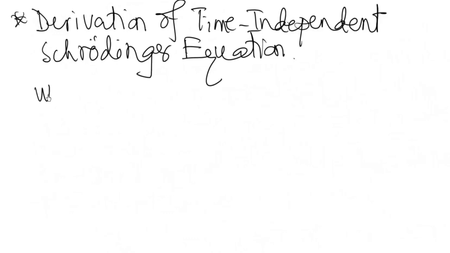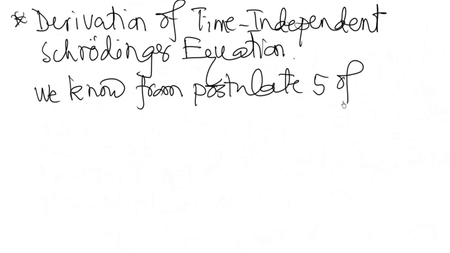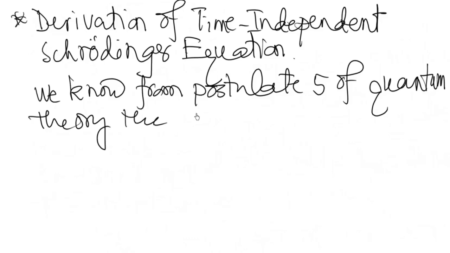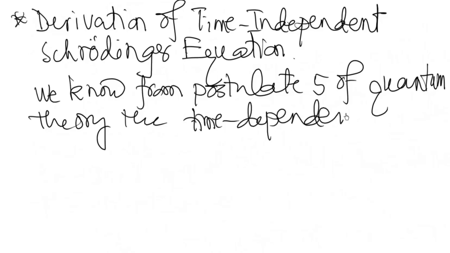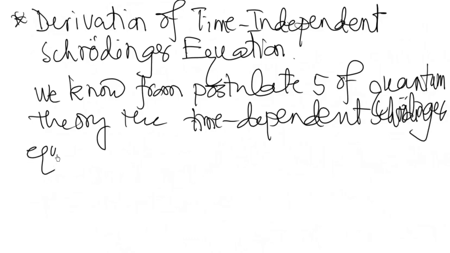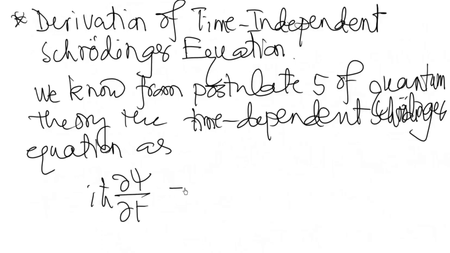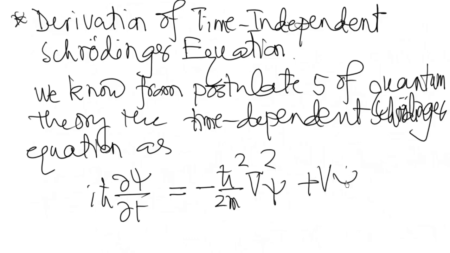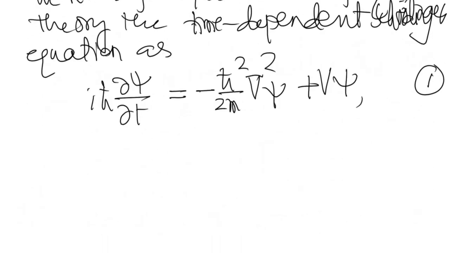Now we know from postulate 5 of quantum theory the time-dependent Schrödinger equation as i ħ ∂ψ/∂t equals minus ħ² by 2m ∇²ψ plus Vψ. Let us suppose this is equation number 1, where